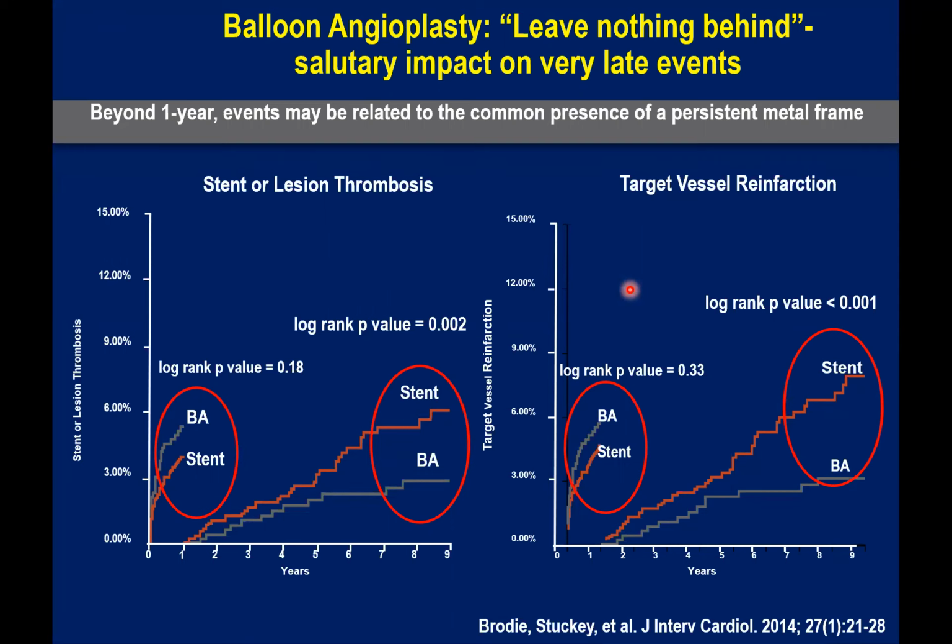This graphic depicts 1,500 patients undergoing primary PCI for STEMI at Moses Cone Hospital by our friends Bruce Brody and Thomas Stuckey. These patients were treated with balloon angioplasty, bare metal stent, and first-gen DES. What you see on the left is stent or lesion thrombosis, on the right, target vessel infarction. As you can see, to 1 year, stents provide at least a numeric advantage for reduction in these adverse events